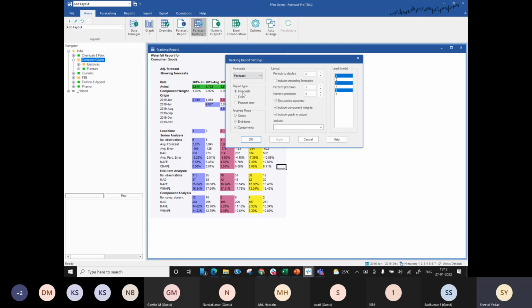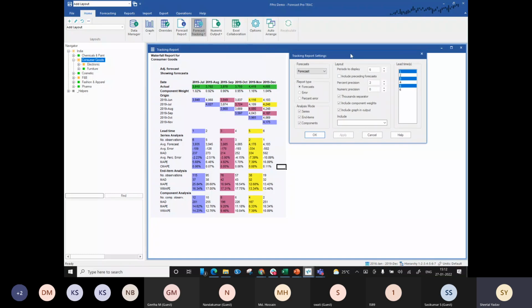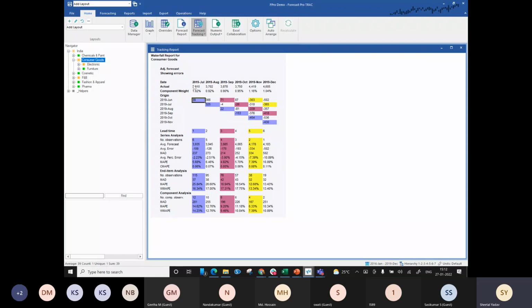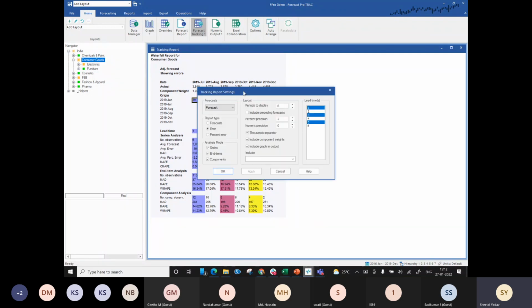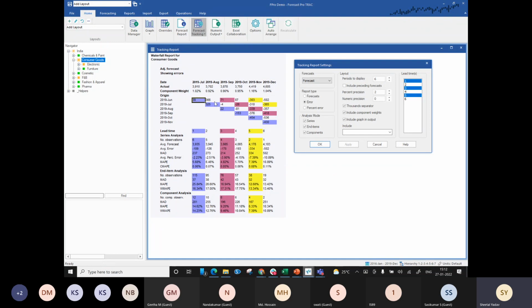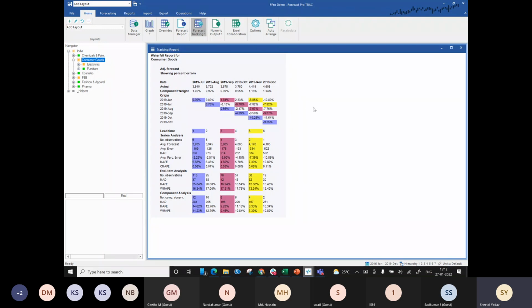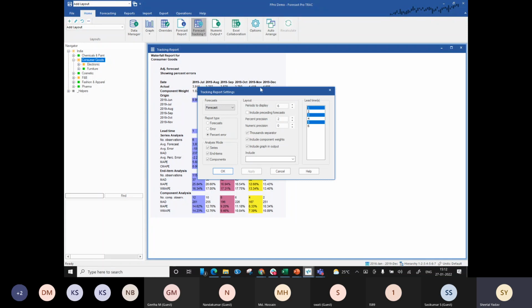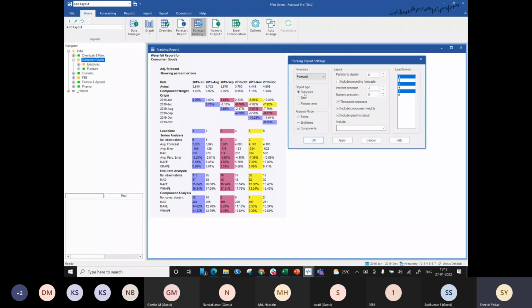All right. Now the report type is based on my forecast, but we also have an option for error, where instead of forecast over here, it will show the error. Let me select that. You can see the difference between my forecast and my actual. That's the difference that you get to see over here. So that's a setting that's also available. You can track month on month how much error you are getting. And similarly, we have percentage error, so you can look at the percentage error as well. But right now, I'll select the forecast for now.